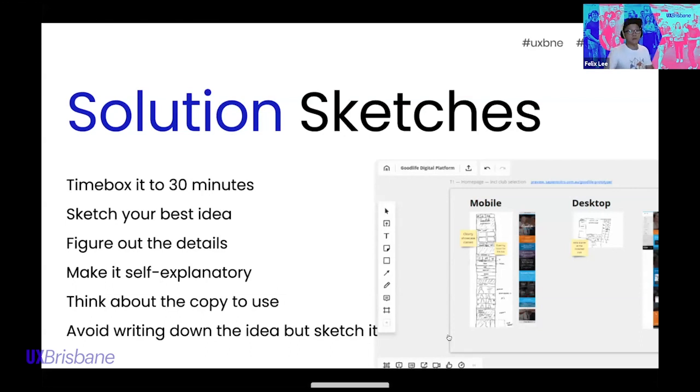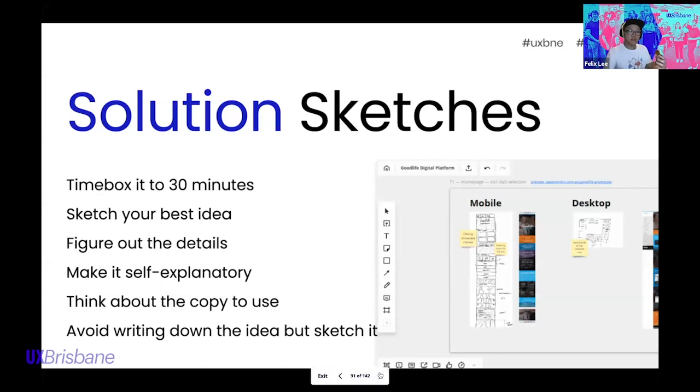One pitfall to avoid is to remind your participants to avoid writing down ideas instead of sketching them. When you write down an idea, it could still be very abstract. For example, I'm telling you this, but I don't have an artifact to show you what it might be, so it's still kind of abstract. That's why it's always better to sketch it out, even if it's very rough. But when you reach the solution sketch, it's better if you have fleshed out that idea.